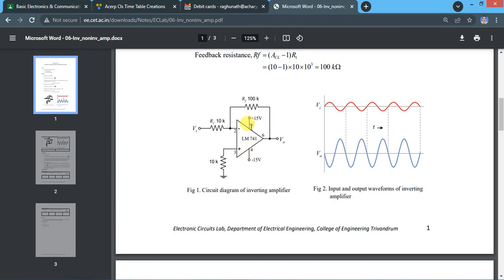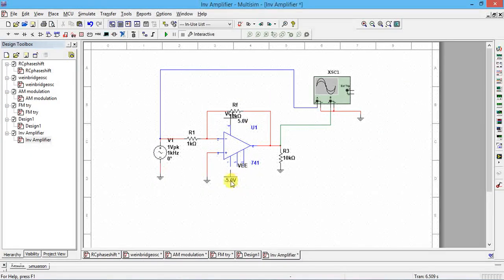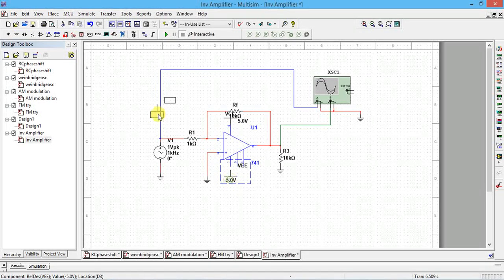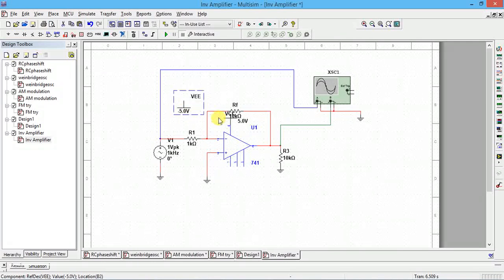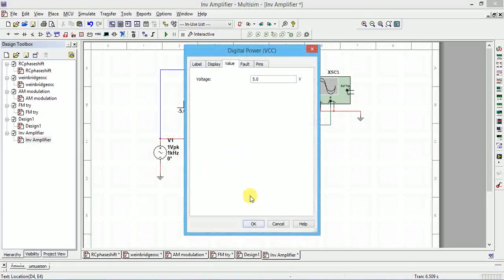So the positive supply goes to pin 7 and this one changes to 12 volts.